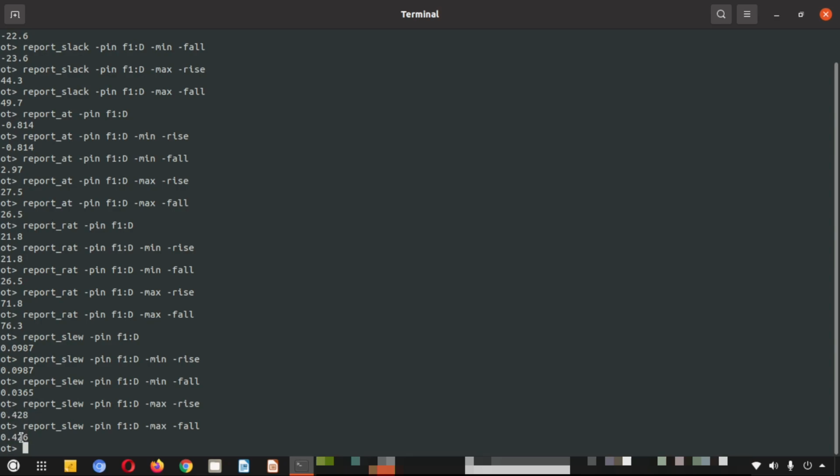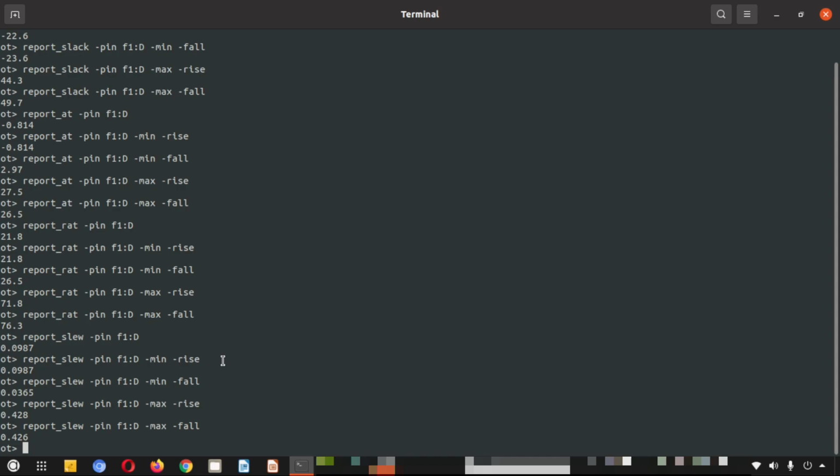For the max analysis, these values are very close in the sense that they are in proximity of each other numerically, and these two are also numerically in the proximity of each other. However, the max analysis data and the min analysis data are far apart. This is the way that you can analyze pin by pin data of a design.